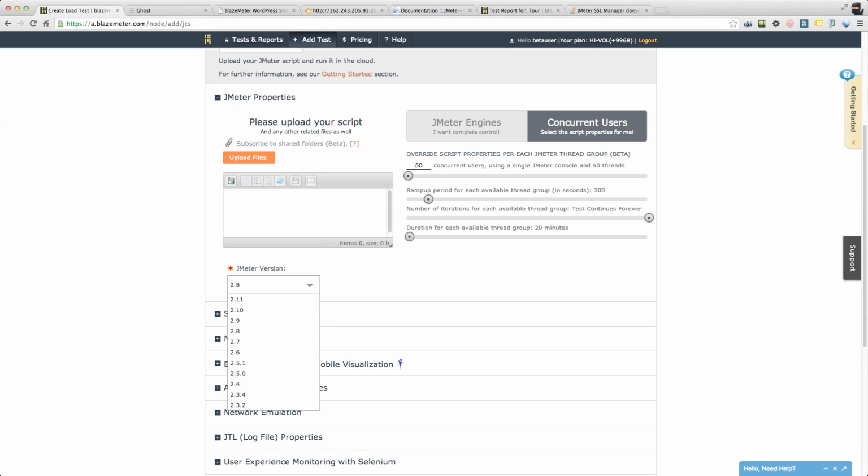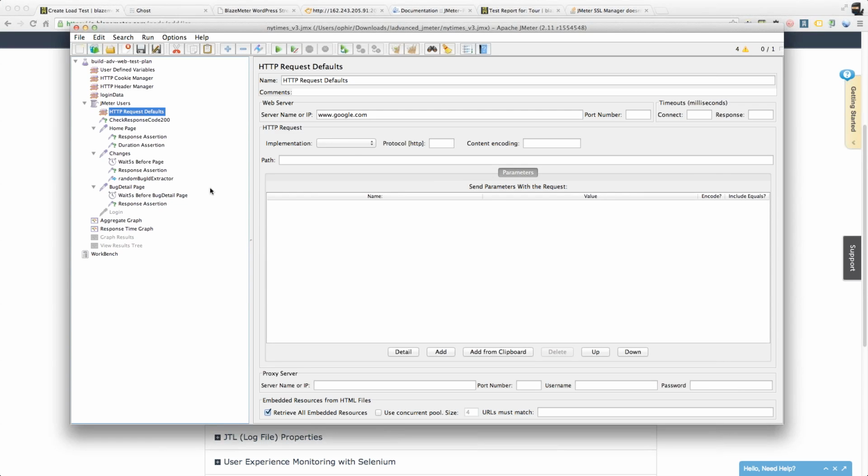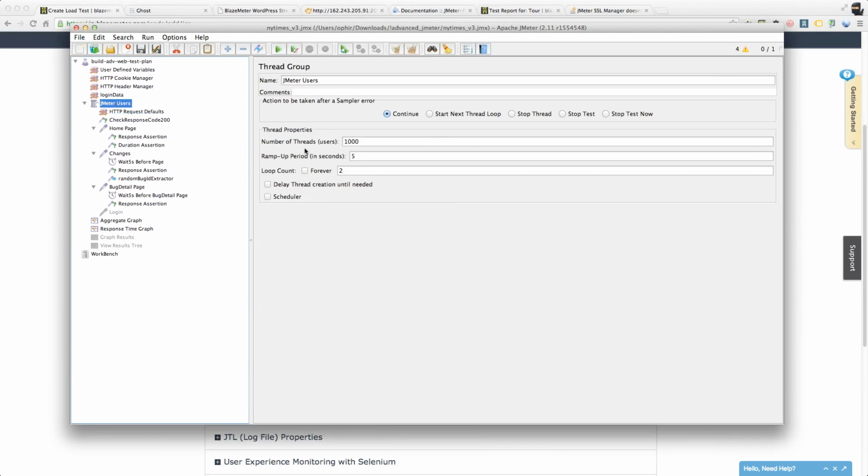There is a question about the difference between the delay used in the constant timer and the ramp up used in the thread group. Okay, that's a good question. I want to make sure that's clear. Let me do it this way. A really simple example: if I say I want 1,000 threads with a 1,000-second ramp up, then basically that means